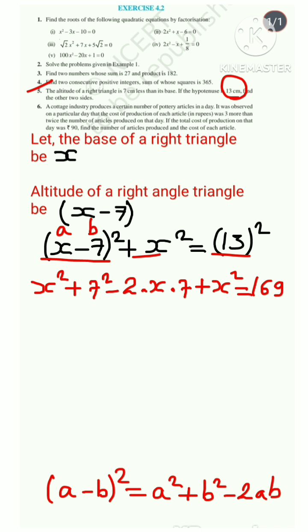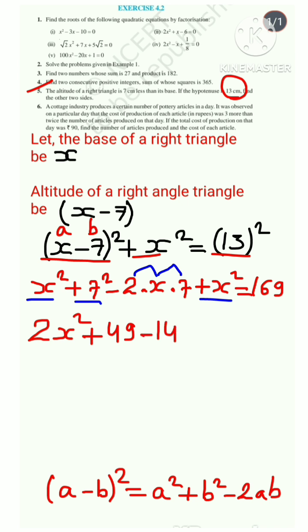Now this plus x square and this plus x square, after adding we obtain 2x square, and square of 7 will be 49, and 2 into x is 2x, and 2x into 7 is 14x, minus 14x